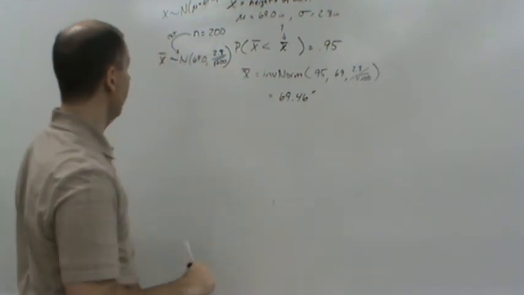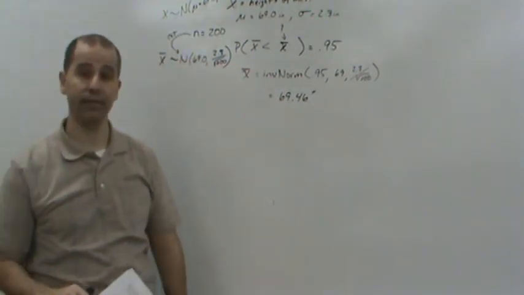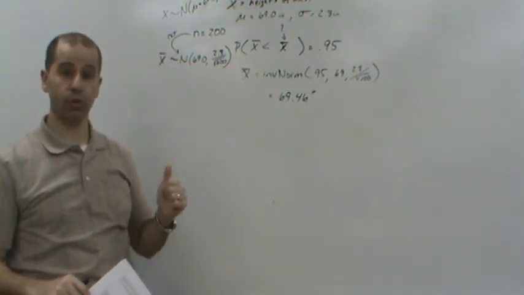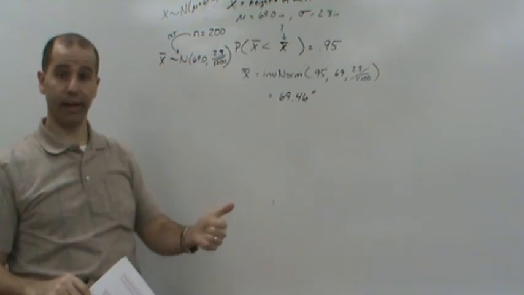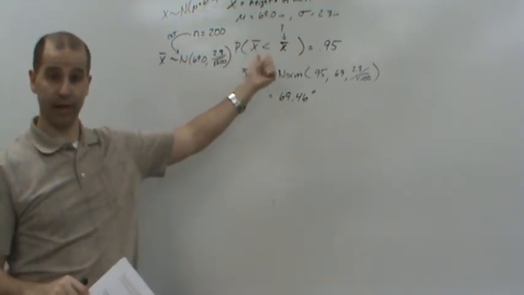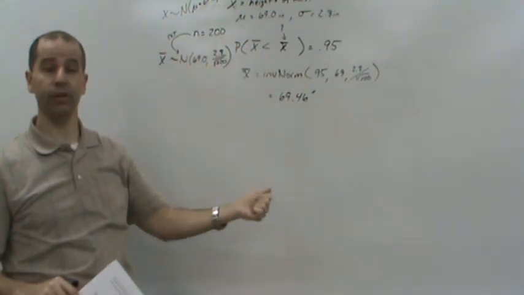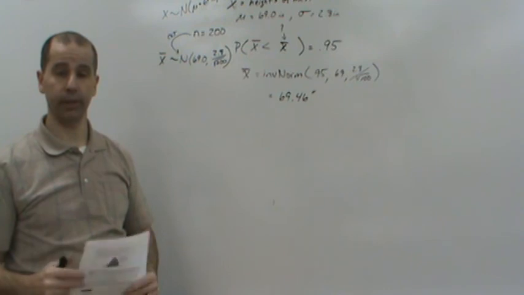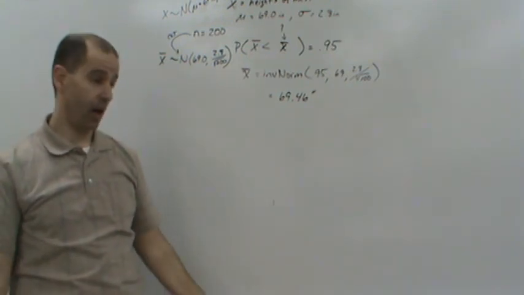So that's understanding the central limit theorem, how to apply the central limit theorem. It comes down to just making sure you know that x bar is normally distributed. That's where the central limit theorem comes in. The sample size matters. And then you need to know what mean and what standard deviation to use to calculate the probability. Okay, that ends chapter 7.